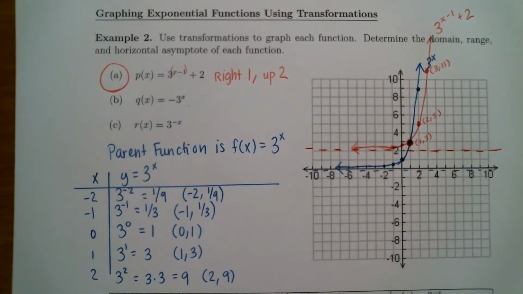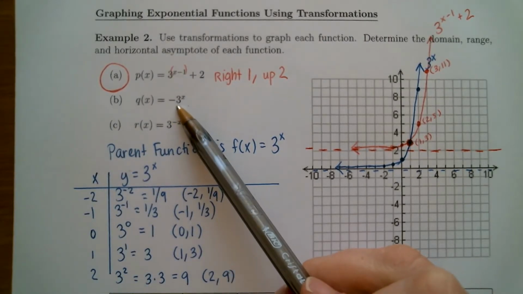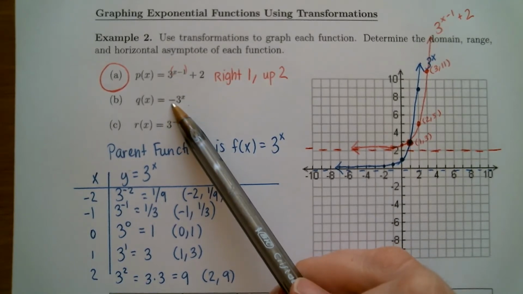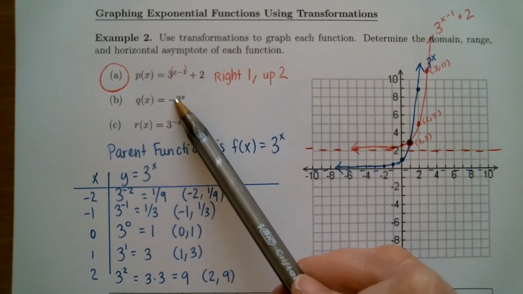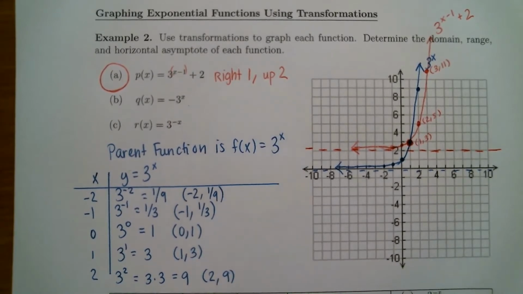The next function is part B. Q of x is equal to negative 3 to the x. So if you look at this, we have 3 to the x, which is the parent function, and all we've done is stick a negative out front. So if you remember, think back to your transformation rules. If you take your parent function and you just stick a negative out front, that is a reflection about the